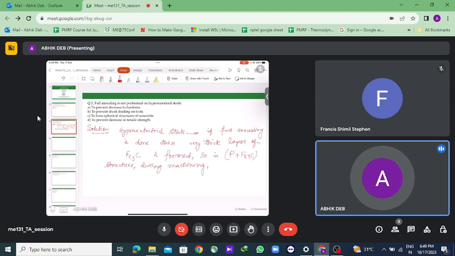So they are not subjected to full annealing as the final treatment. Okay, they can be performed before but not as the final treatment. The reason is to prevent the shock loading on tools. Answer B. Okay, so the next question, the process annealing is done to increase hardness, to relieve residual stress, reduce